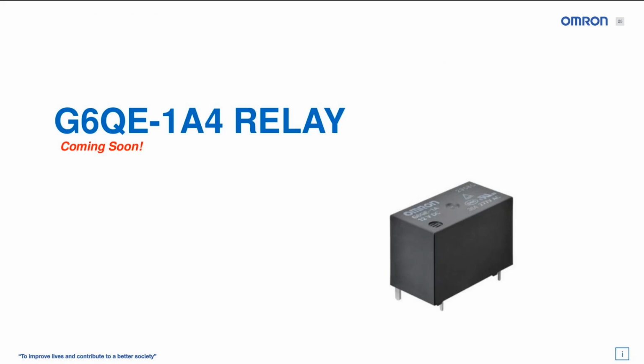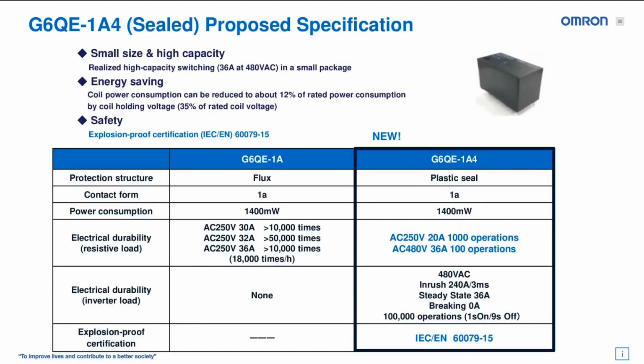And the last upcoming product that is confirmed is the G6QE1A4. And that 4 here is indicating a sealed type product. So this is sealing of an existing product, just like we did for the G5PZ, offering different ratings, but offering that explosion proof capability. So 36 amp at 480 VAC in a very small package is what this product has